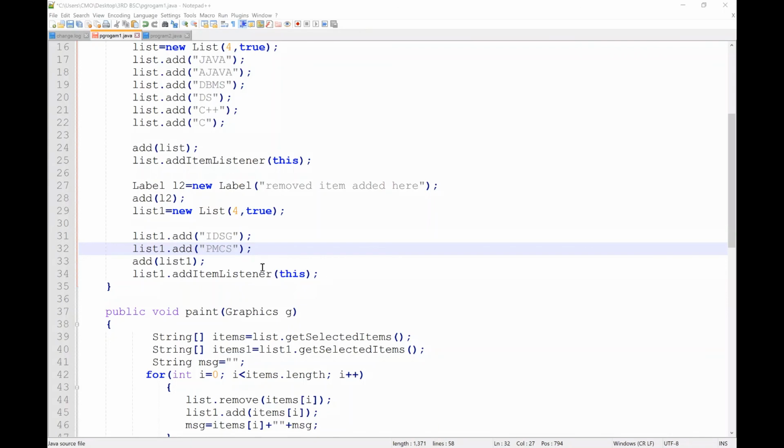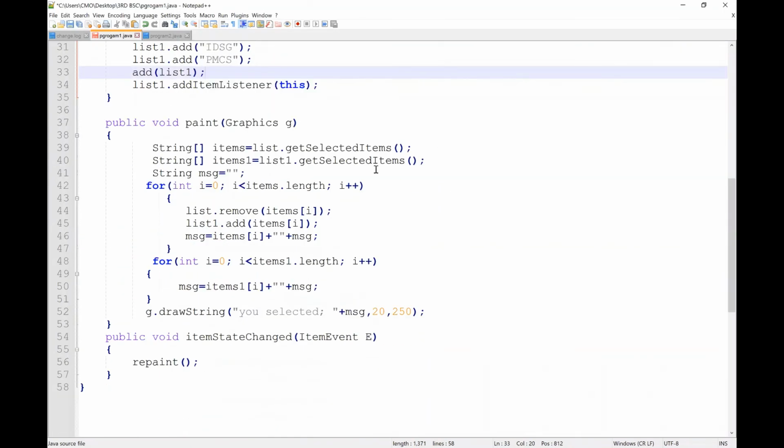After adding both lists, we need to draw graphics for that. The first one will be list dot getSelectedItems. Get the selected item from one list and add it to the second list. How will we add and remove elements from the list?